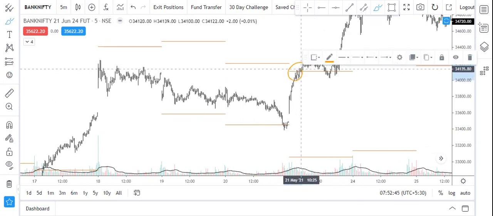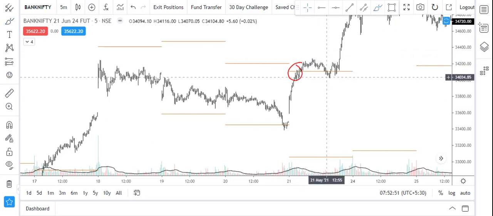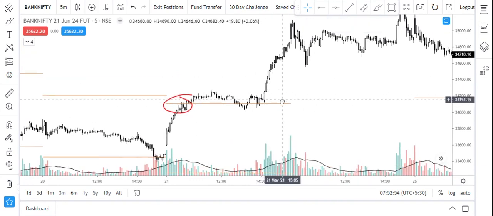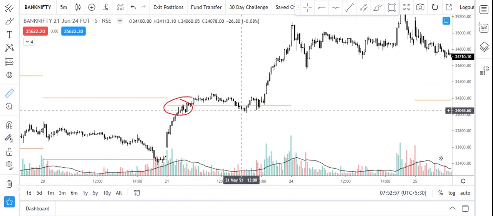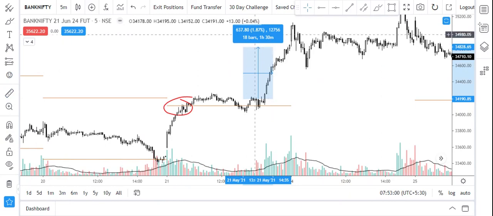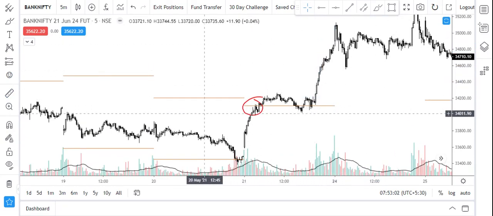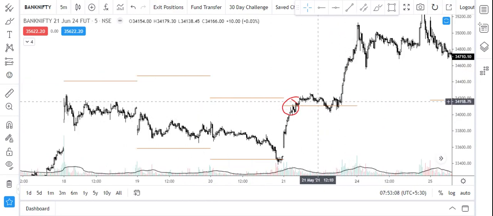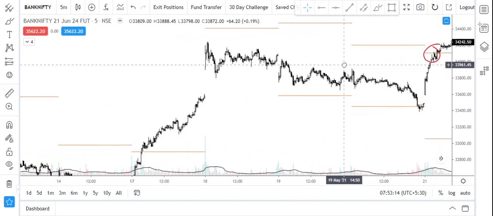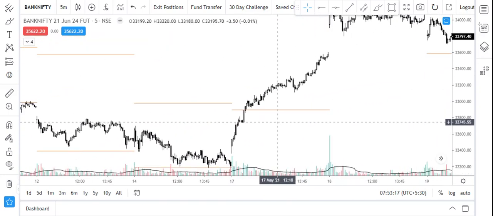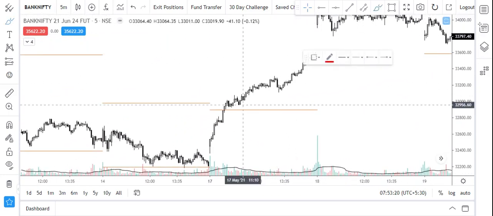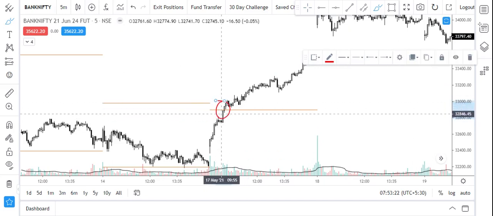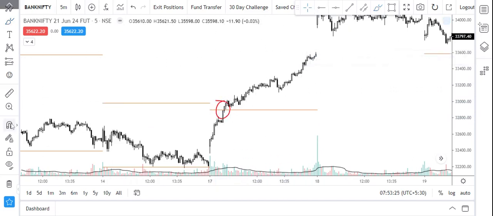This is a day where the market gave a good breakout on the upside. It didn't move much initially, but when the breakout came again in the second half, there was around a 600 point move from this particular level till the closing, around 630 points. This is a move which we cannot afford to miss as an option buyer. So that is the first indicator: if the market is trading above R2, it can give a very big move towards the end of the day or in the beginning itself, depending on where the volume confirmation comes.